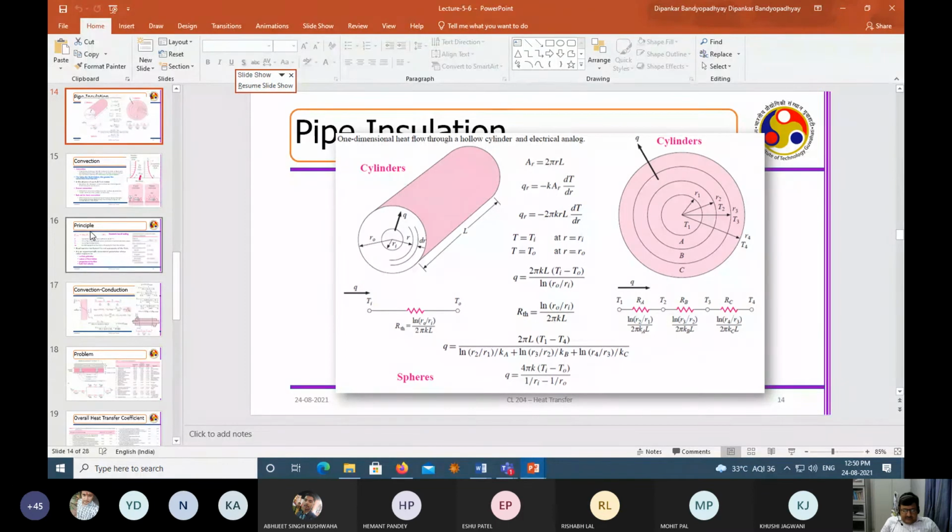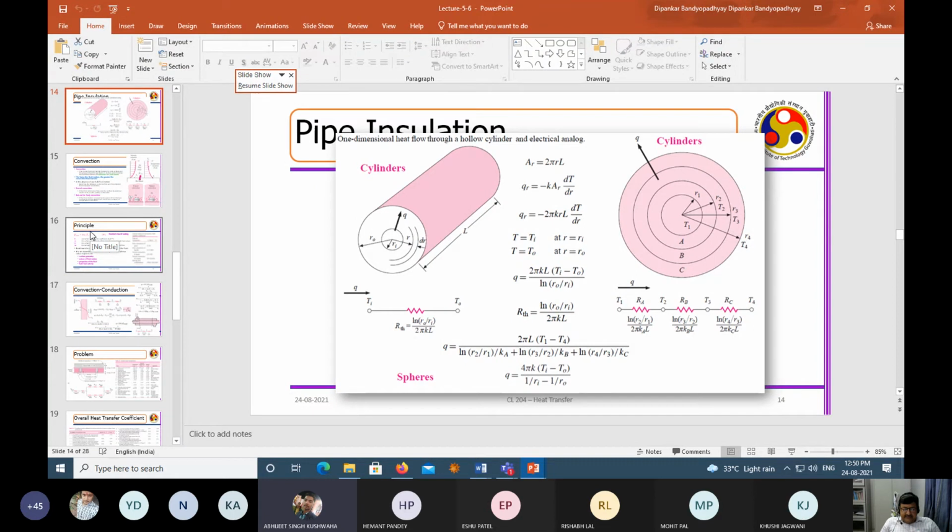Yeah, what is the rate of heat transfer without insulation? Anybody? What is the formula that you're using there? What is the mechanism of heat transfer there? Anybody? Without insulation? Sir, without insulation, it will be convection. So what is the formula? Yes, sir. Q per unit length equal to h into 2 pi r into Ti minus T infinity.